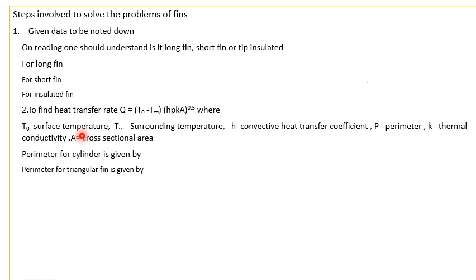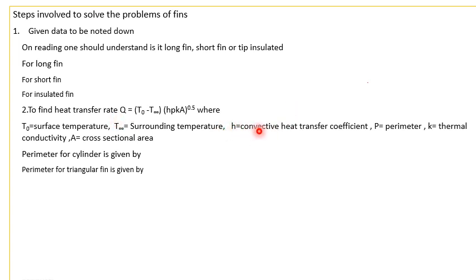I'll read once again. One end of the long rod of 1 centimeter diameter is maintained at a temperature of 500 degrees. So that 500 degree temperature in this case is the surface temperature, and the surrounding temperature is at room temperature, which has been mentioned as 30 degrees in this case. If the surrounding temperature is not given, I have the liberty to select the surrounding temperature as room temperature. But if the surrounding temperature itself is a part of the question, you cannot go with the assumption. You have to solve by some other way.